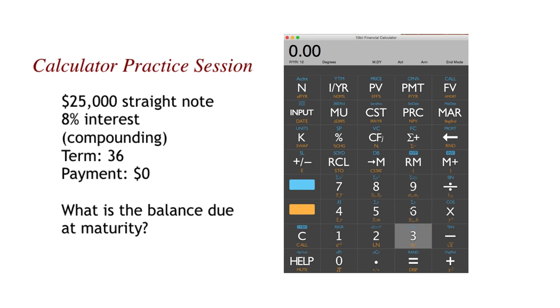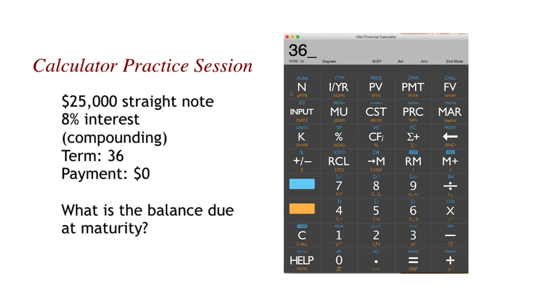I put in 36 months for N, 8% interest, and 25,000 in PV, and then I calculated payments, and it came out to 2,133. I multiplied it by 3, because I figured that's yearly. Oh, probably doing it the long way. Okay, well,